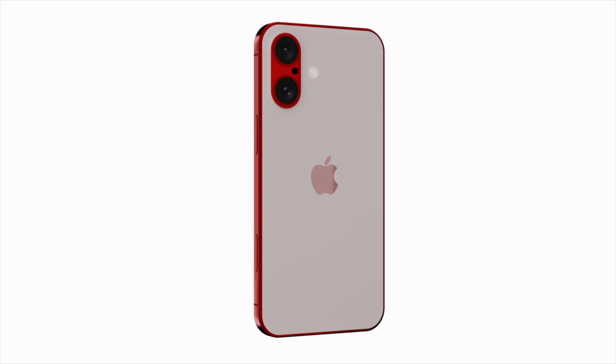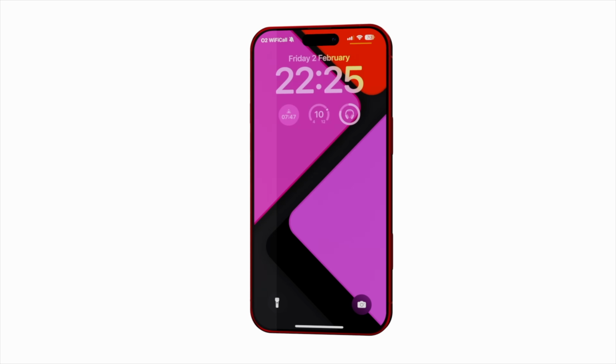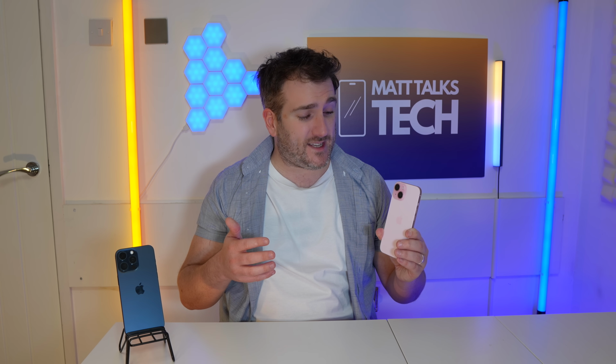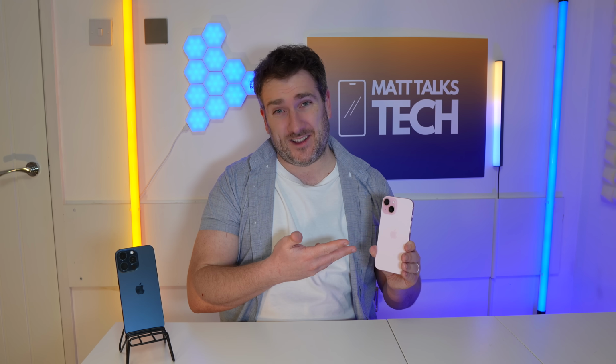And then I am still a little bit disappointed that the iPhone 16 and the 16 Plus is not going to be getting a ProMotion display inside of it. It does sound really disappointing. I do really think that Apple need to put this into their lower spec phones, especially so many Android phones out there have 120Hz or even more, for example. Even a 90Hz would be great to see inside of this phone,